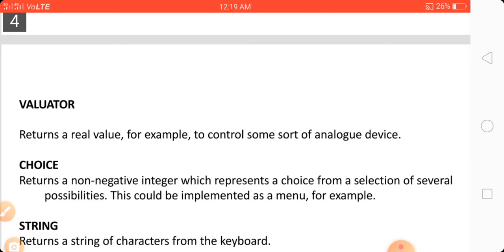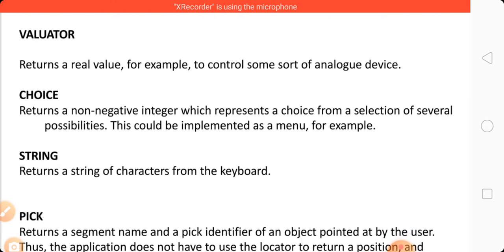Choice returns a non-negative integer which represents a choice from a selection of several possibilities, and this could be implemented as a menu. For example, the menu of any application is an example of a choice.